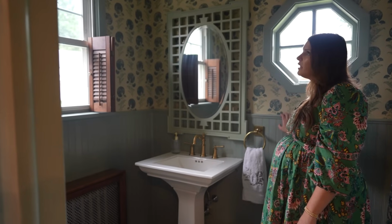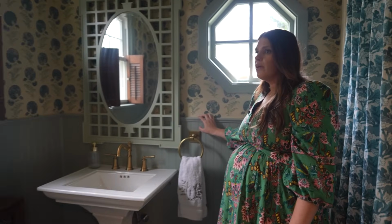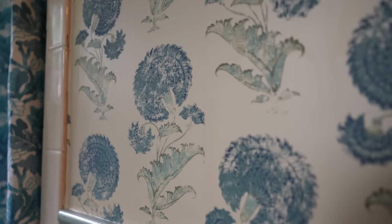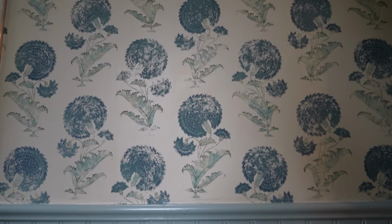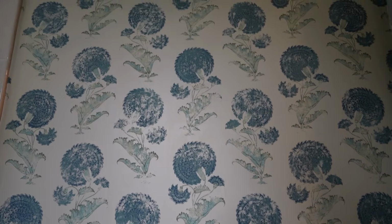We recently updated this. We used a Michael Smith Jasper wallpaper, Indian flower, which I absolutely love. I've loved it for over 10 years. It was one of my first design projects. We used it in a mudroom for the company I was working for, and I've loved it ever since then and knew that I wanted to use it in my home someday. So when it came time to finally update this space this past year, we decided to incorporate it and have some fun with